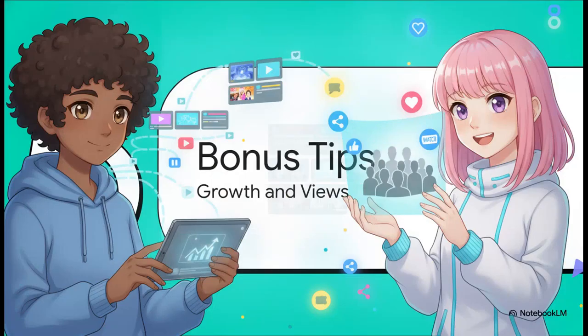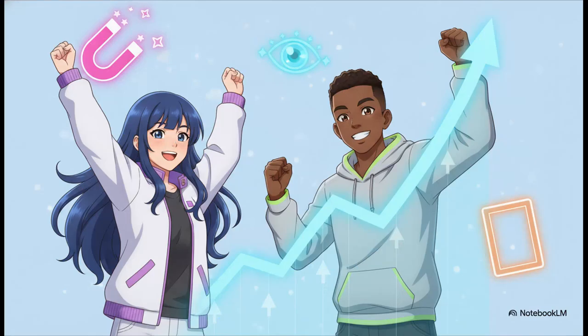Finally, let's look at Section 5, some bonus tips for growth. Look, making the content is only half the battle, right? To actually maximize your views, you really have to understand algorithmic behavior. An attractive thumbnail and an SEO-friendly title packed with relevant keywords, that's what ultimately gets people to stop scrolling and click in the first place. But to keep them watching, you absolutely must hook your audience in those highly critical first 10 seconds. Combining those retention strategies with consistent uploading is going to make a massive difference in signaling to the algorithm that your content is worth promoting.